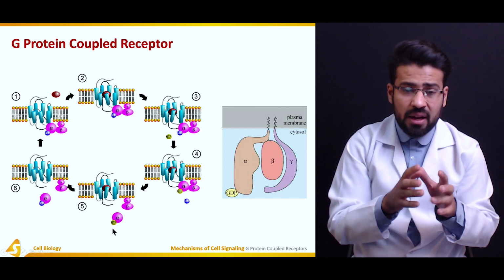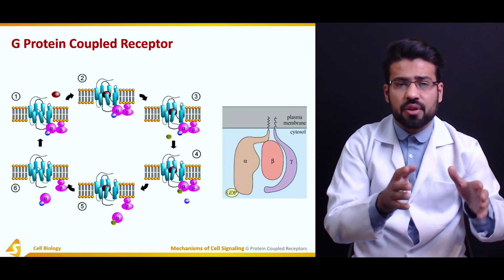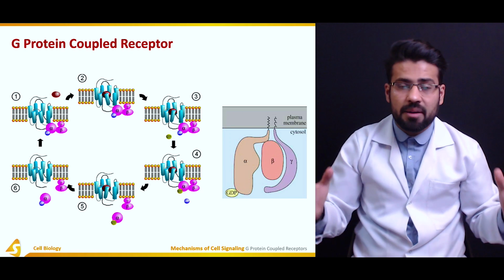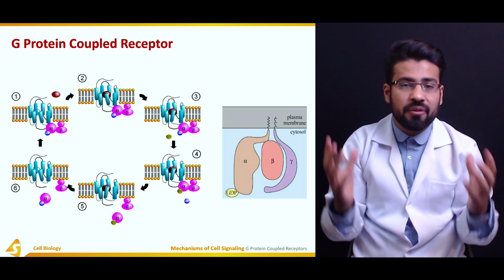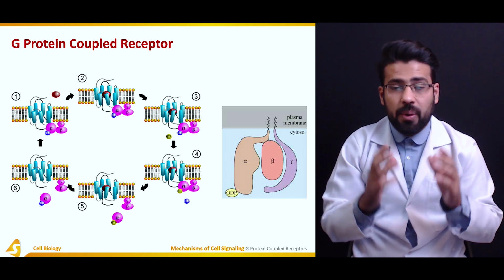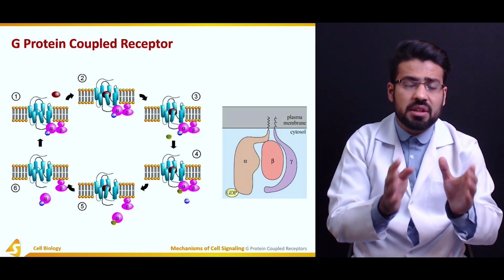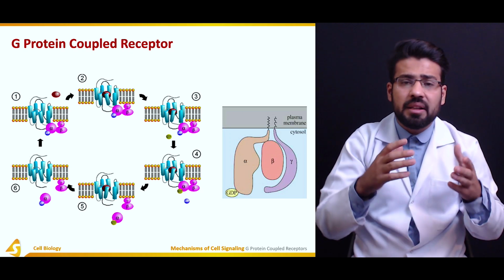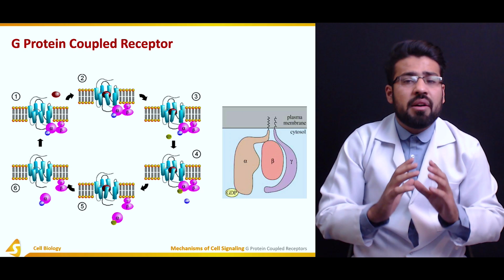Now this alpha GTP subunit of the G protein-coupled receptor is going to cause the phosphorylation of the subsequent molecules. Either they can be proteins, or they can be enzymes, they can be tyrosine kinases, kinases or phosphatases, depending upon the conditions, depending upon the signals. And when the function of the alpha GTP is done, when they have, of course, phosphorylated the secondary messengers, the molecules that they are going to phosphorylate,